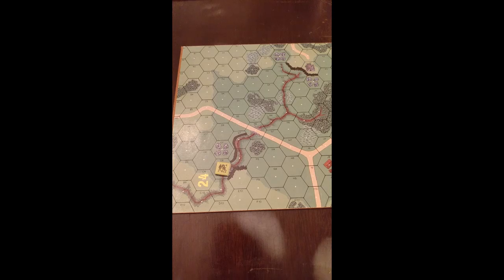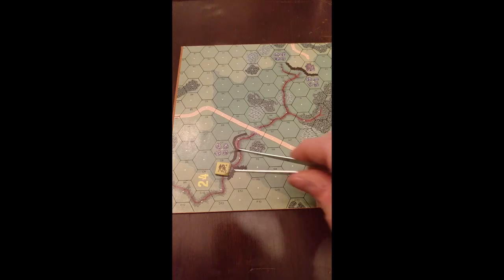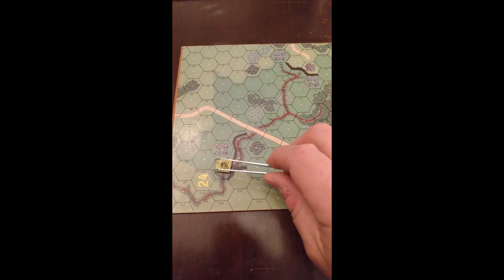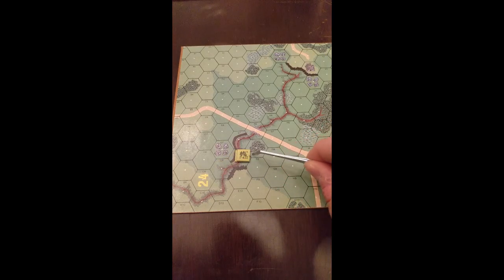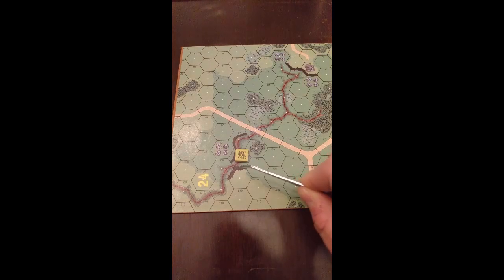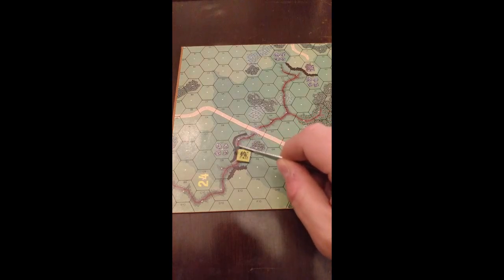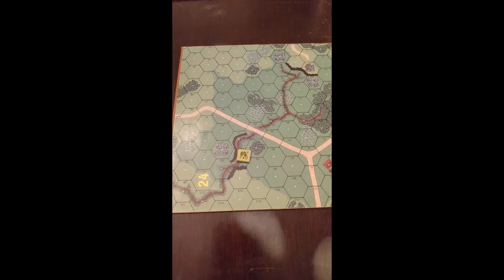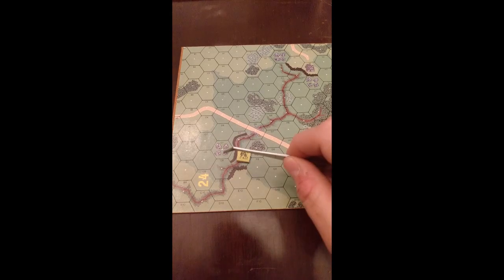So we're going to continue our movement into the gully, into hex E8. Since we're staying in the gully, that's 2 movement factors. And again, we still can't get into E9 because this cliff also exists along this hex side as well. Now there's also a cliff in our hex. This other thick line here is another cliff, which is going to prevent us from entering D7 unless we climb. So that's what's called a gully cliff.